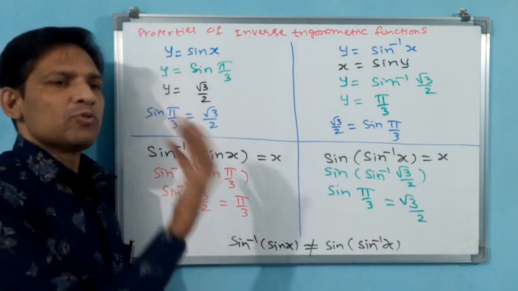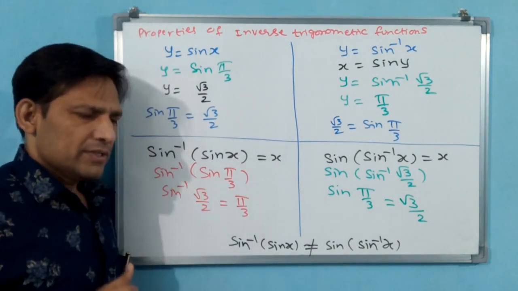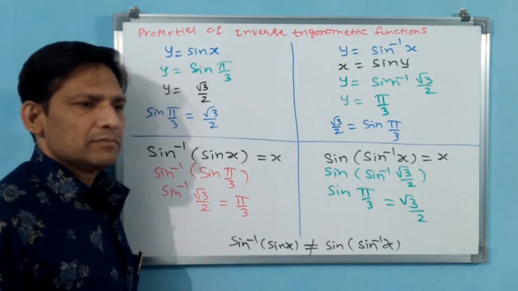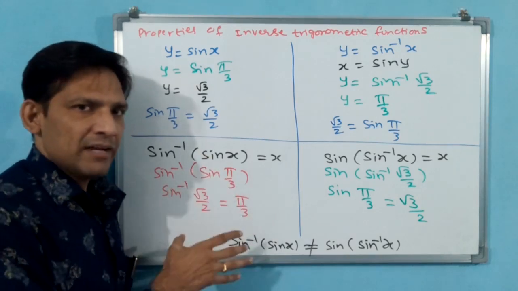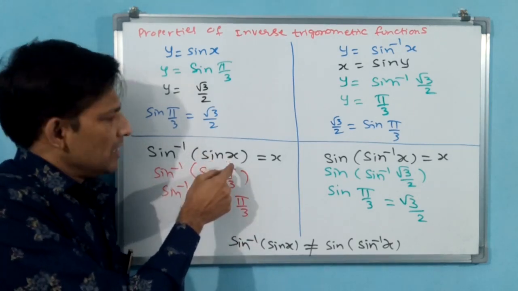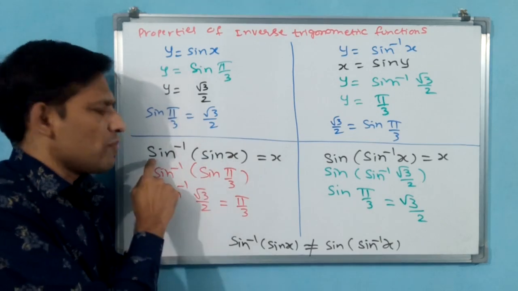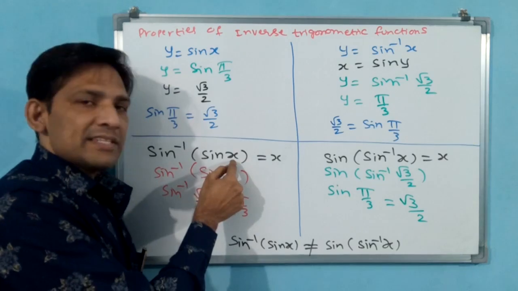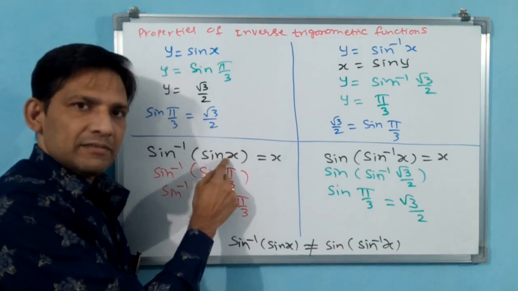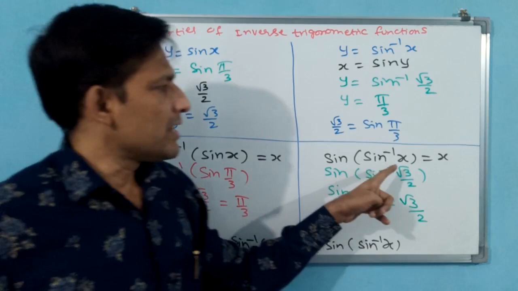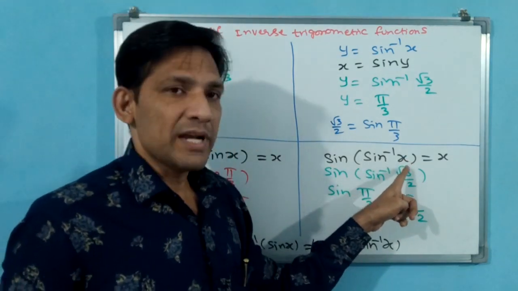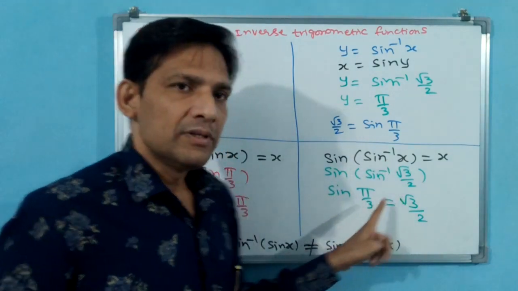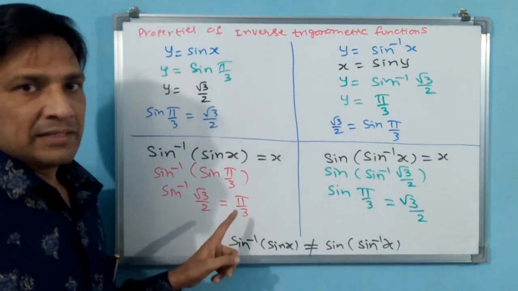Angle means pi by 2, root 3 by 2, 3 pi by 2, 4 pi by 2, 5 pi by 2, pi by 4, minus pi by 6, whatever it may be. Angle will come for a normal function. Normal function you have taken first, then you have made it inverse. See, the variable or input, where is it lying besides the trigonometric function? If you come here, the variable x is lying, input lying where? Inverse trigonometric function means value. Trigonometric function means angle. That you have to keep.